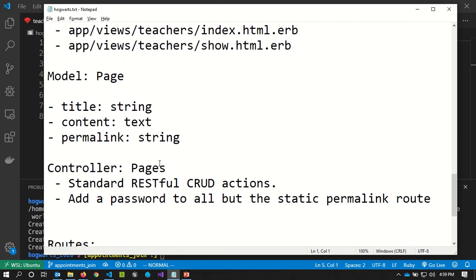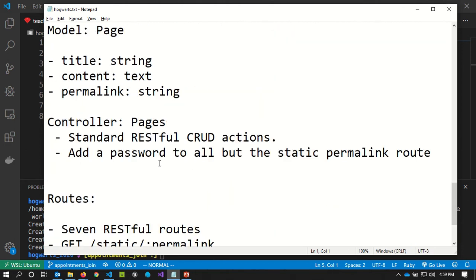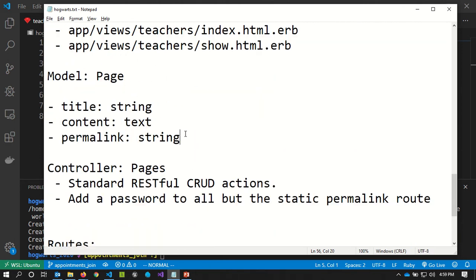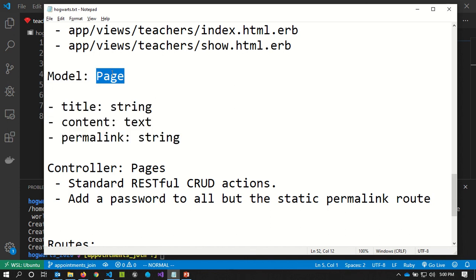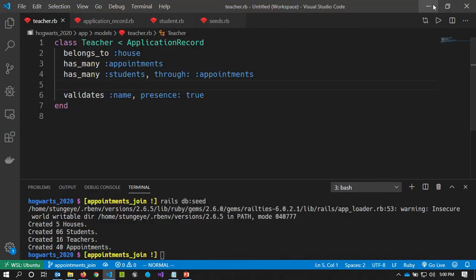And it's going to start with us creating a new model for this data to be stored in the database. So we're going to create a page model, which is going to give us a pages table in the database. And a page is going to have a title and some content, and then a permalink. And the permalink is going to be